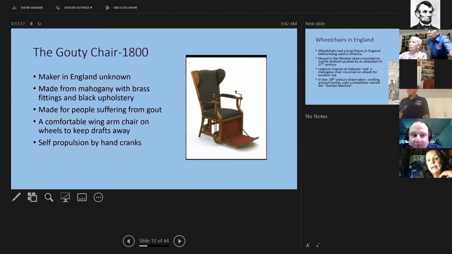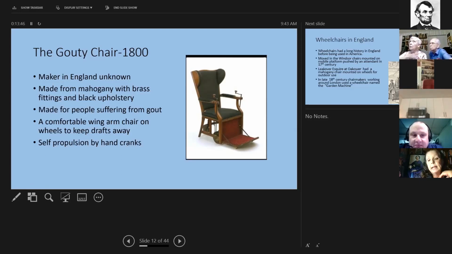And as you can see, he has a place for his feet, and here's the back end of his chair, where he would be turning, and this was really helpful to him.